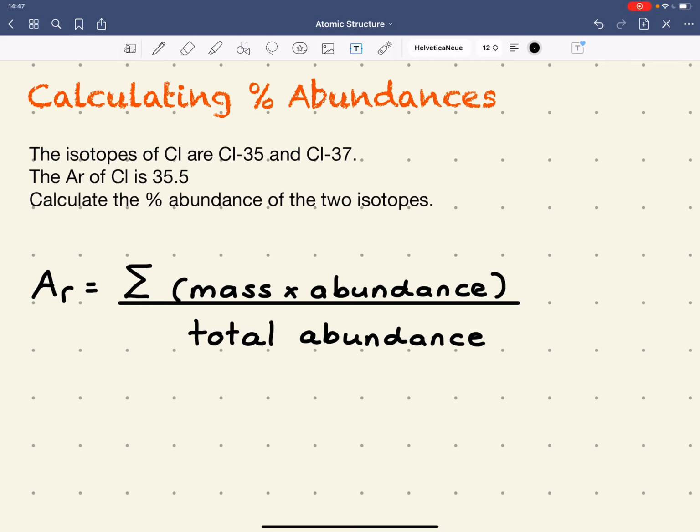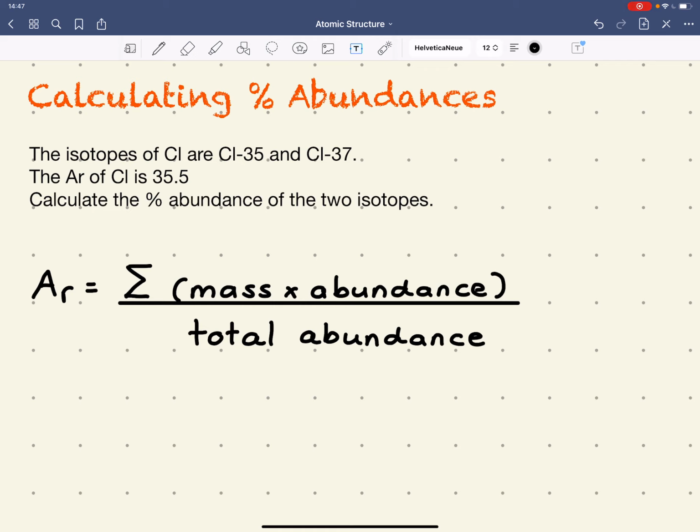Here we're going to take a look at calculating percentage abundances, and we've got a question where we've been told that the isotopes of chlorine have a mass number of 37 and 35. We're told the relative atomic mass is 35.5, and from this we should be able to calculate the percentage abundance